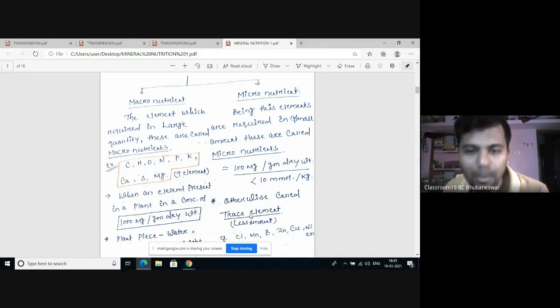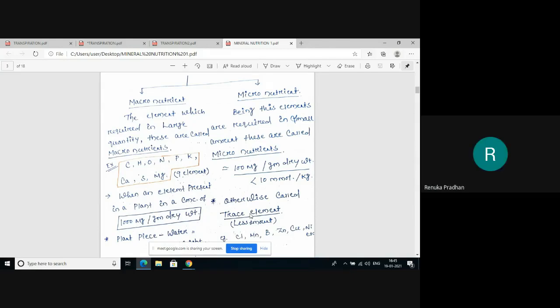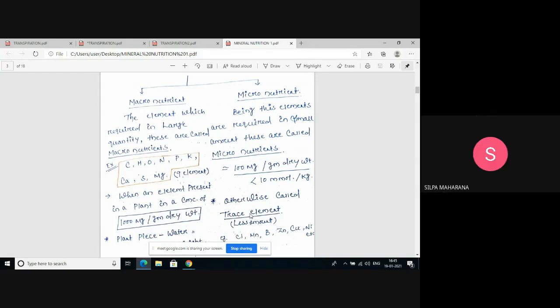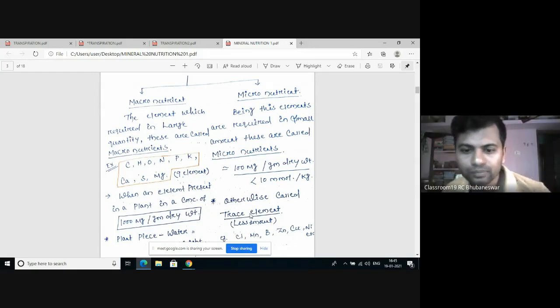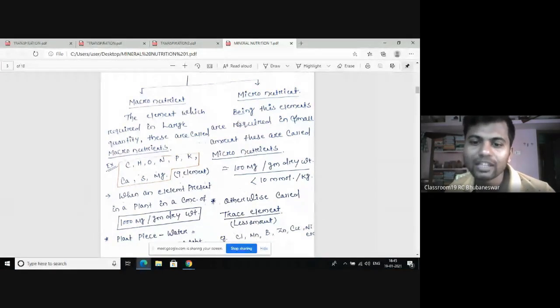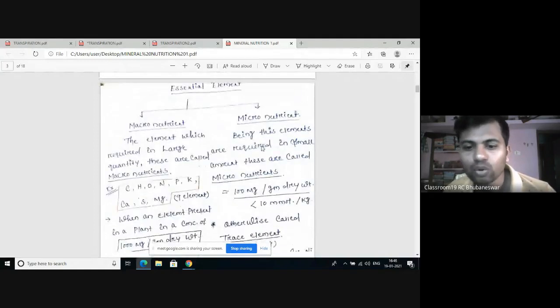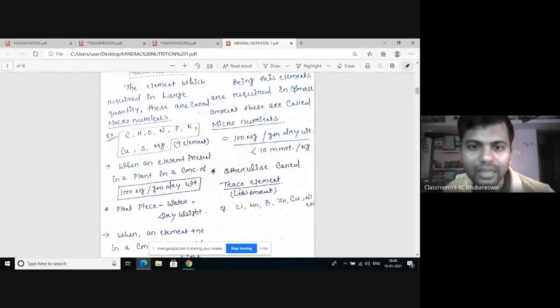Suppose we are having a meal, I am going to eat a meal. Rice, is it macro or micro? Macro. And the vegetable curry and all that you eat, all are micro. Then the micro elements are required in very less amount. It includes chlorine, manganese, boron, zinc, copper, nickel, etc., as well as iron. The micronutrients are also known as trace elements, because they are required in less amount.